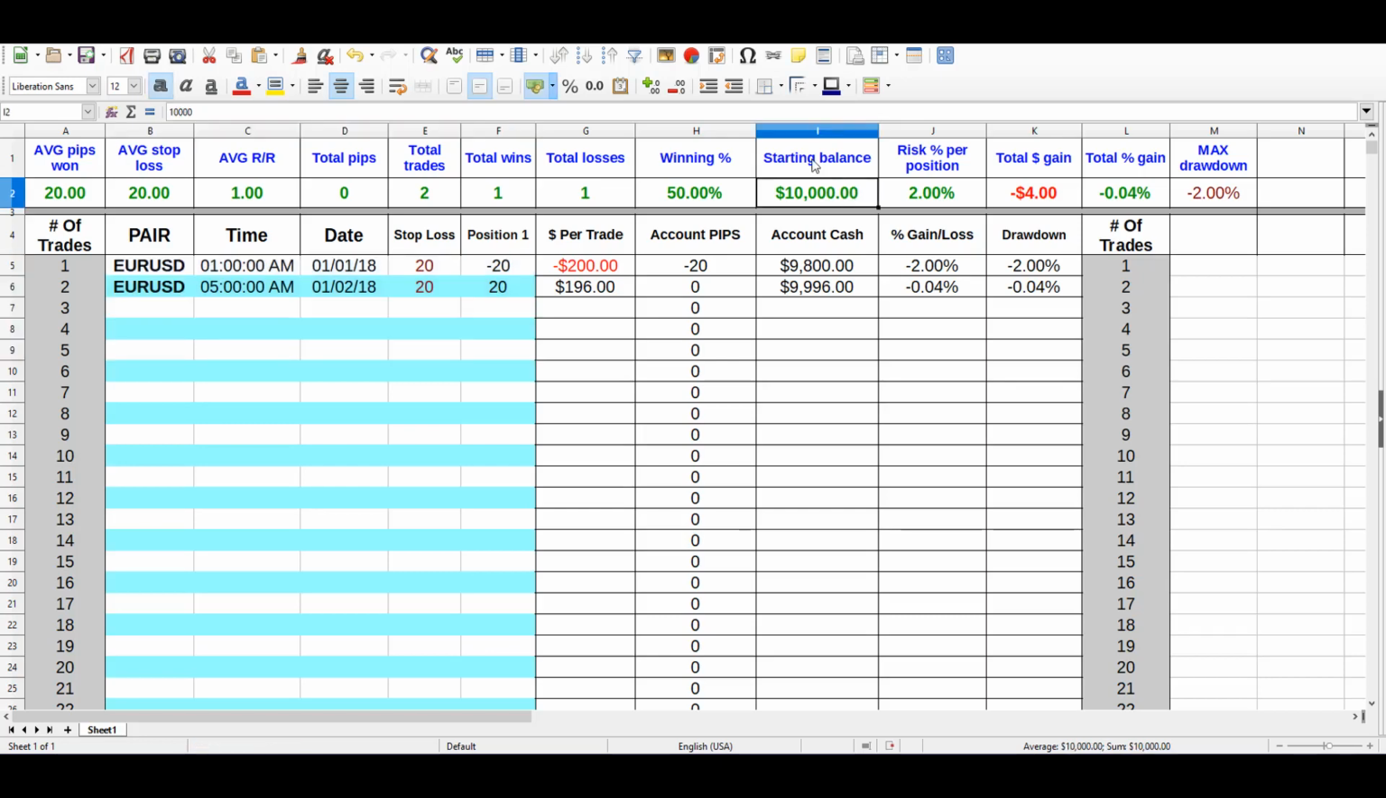Now, also what we have is an adjustable starting balance. To show you guys an example of that, here, as you can see, this is starting with a $10,000 account, but let's say you're going to start with less or more. Let's say you're starting with 1,000. All you have to do is adjust that number, and all of the cells will automatically adjust to that starting